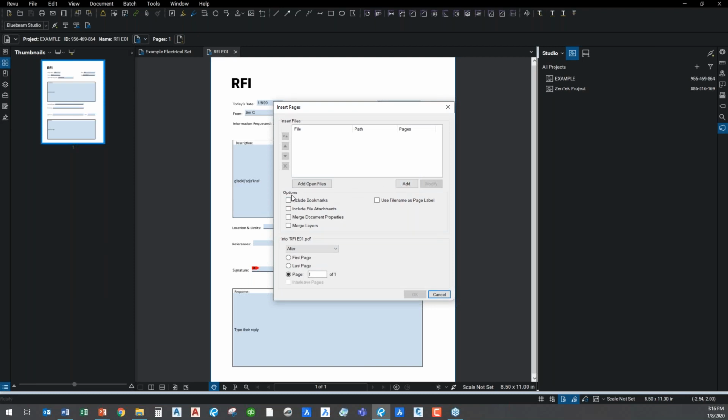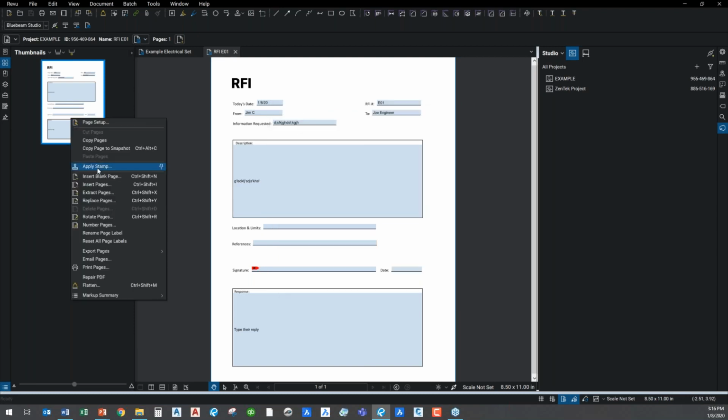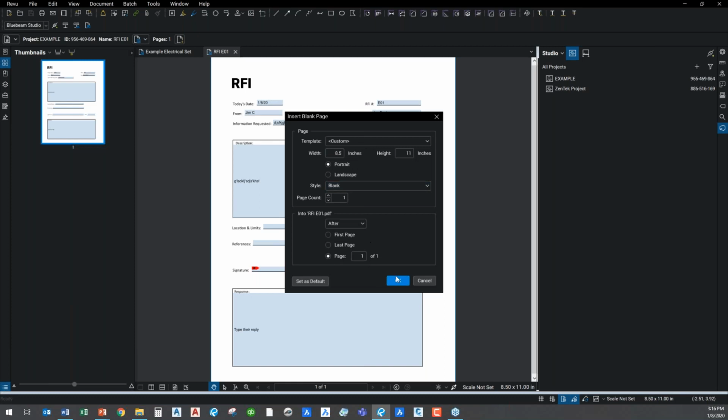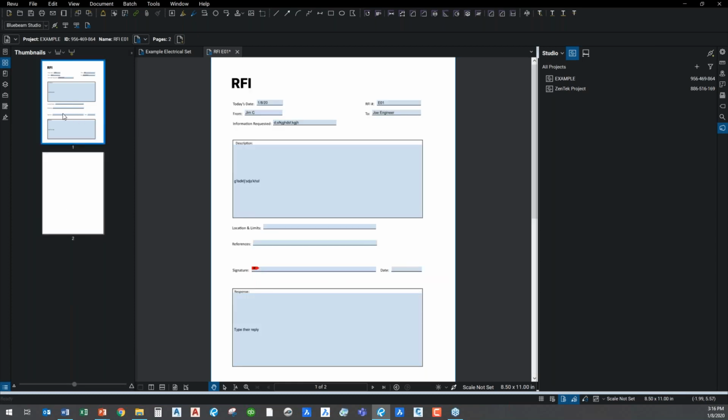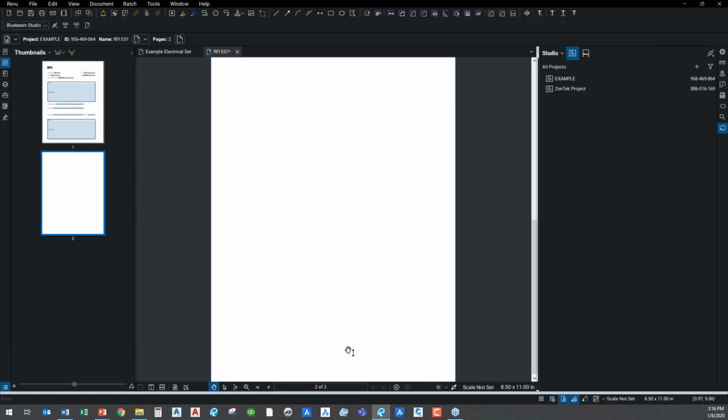And for some reason it's not letting me. Oh, I want to insert a blank page. That's why I was hitting the wrong button. Insert a blank page, right? And I'm just going to insert a blank page at the end. All right, so you see I've got my RFI, and then down here, maybe what I need to do is